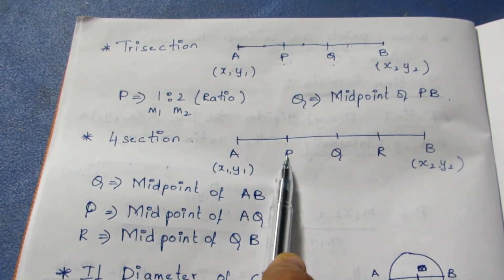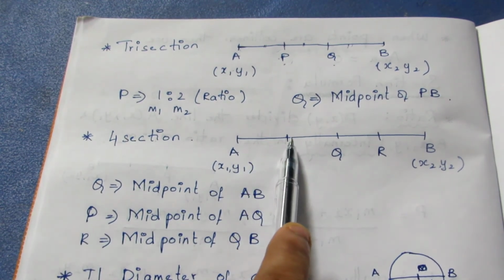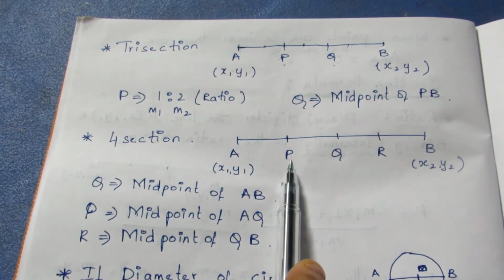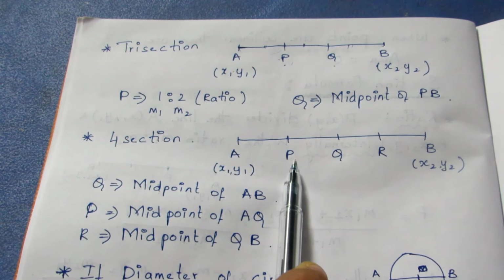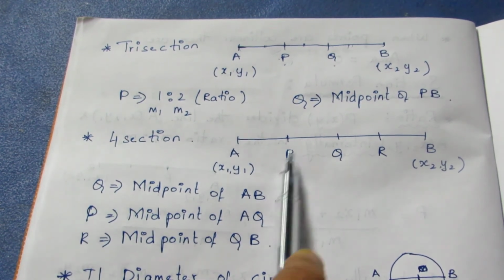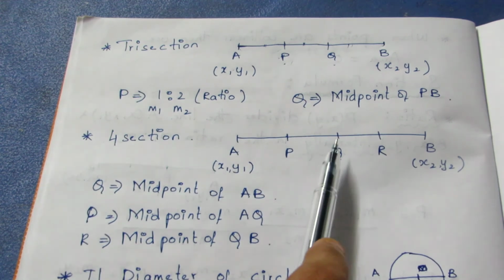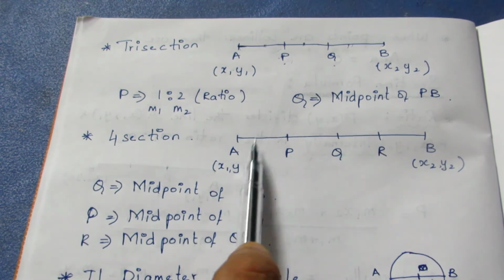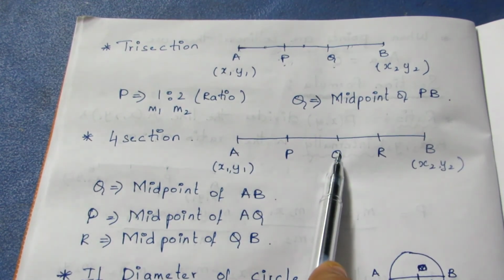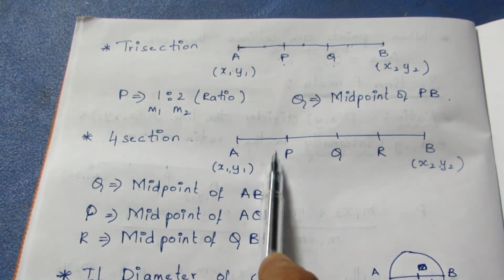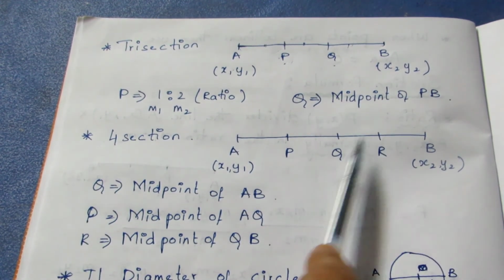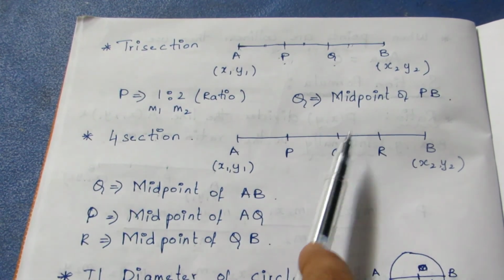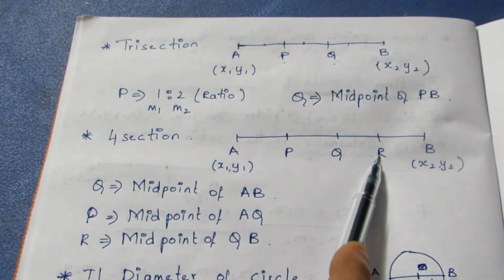Now tell me, what will be the ratio of P? In front there is 1, at the back there are 3 parts. So 1:3 will be the ratio of P. But without using the ratio formula, there is an easy way to find P by finding Q first. So Q is the midpoint of A and B. P is the midpoint of A and Q. While substituting, be careful, not A and B, it is the A and Q values. If you substitute in the midpoint formula, we can find P. Similarly with R, it is the midpoint of Q and B. To find R, after finding Q, use the midpoint formula of Q and B.